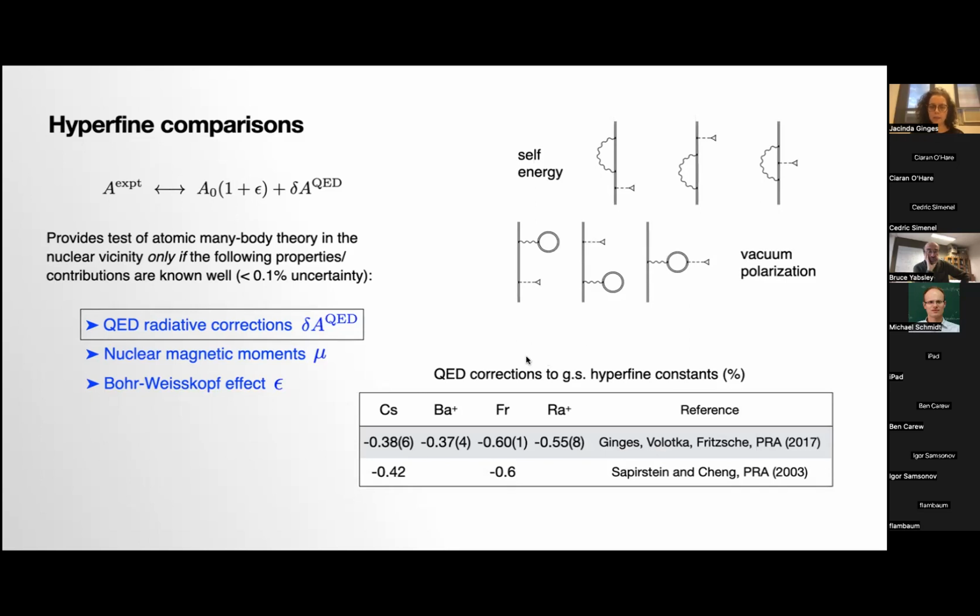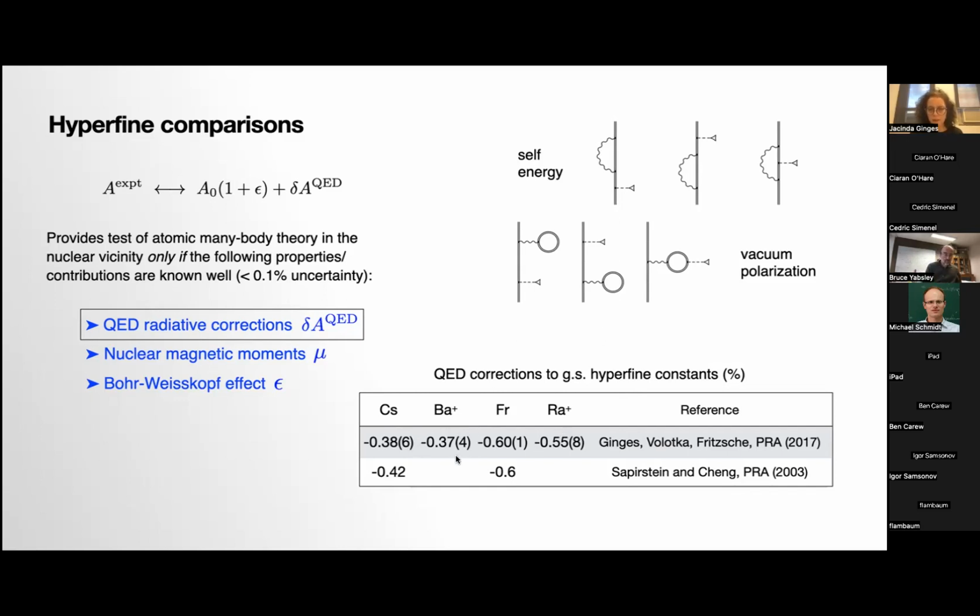So in our recent studies, we went about looking into this. At the time, there wasn't even the data really for QED corrections for all the systems of interest for parity violation. And we went and evaluated rigorously QED corrections, so the self-energy and vacuum polarization corrections to the hyperfine structure. This is the hyperfine structure with the dashed line and the triangle. For these systems, we've found that the contribution enters at about 0.5%, and it's important to take this into account when we want to be accurate to 0.1% for our hyperfine structure, or to have this under control to less than 0.1%.